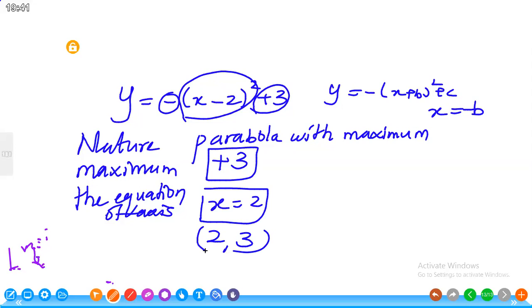That's all. Right? First, check the nature of the graph. Here a parabola with a maximum, because the coefficient of x squared is negative. The maximum value, when we convert into the form plus c, is given as the maximum, so here c is plus 3. Then the equation of axisymmetry, using this value, is x is equal to positive 2. So the coordinates of the turning point are 2, 3. Right? Okay, and see example 2.